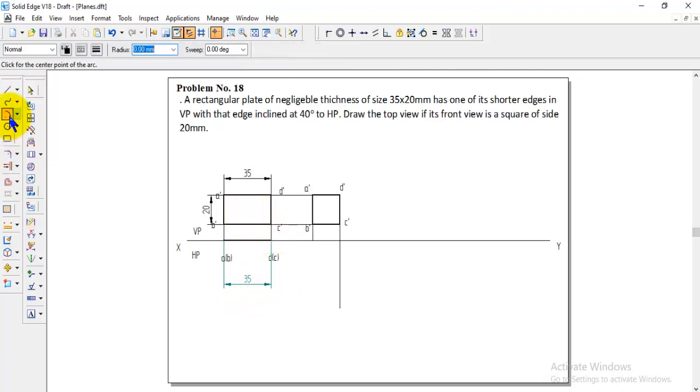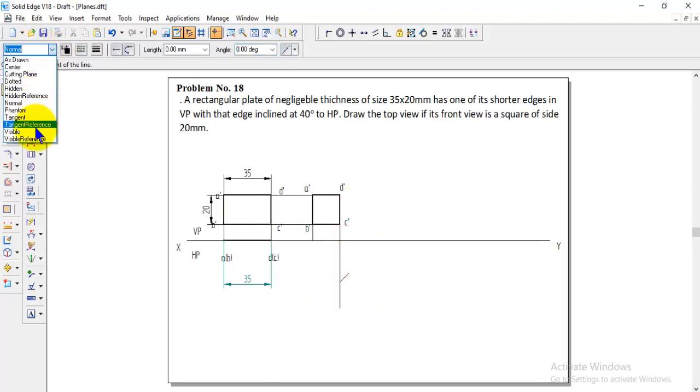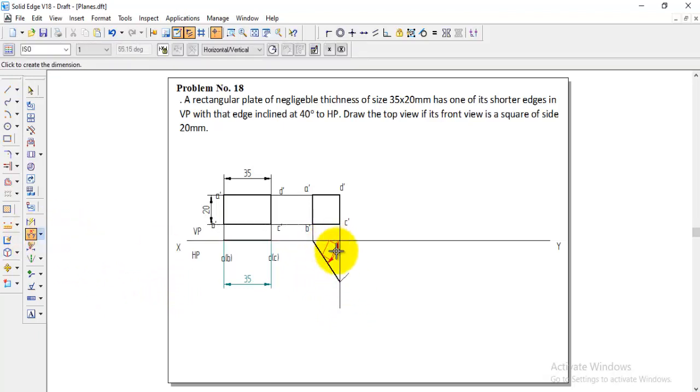And go to arc by center point, take this first resting point as the center and give the radius 35, and then draw the arc to the projection, and then go to line, visible line, from the resting point to where the arc intersects, so that will be the top view of this, and you can check the angle. So later we will get 55 degrees, and you can move the namings. This is A of B and this is D of C. So now like this we got the second step also finished.